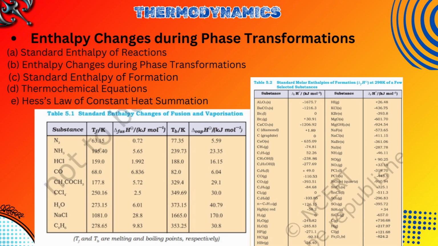For example, dry ice sublimes at 195 Kelvin with standard enthalpy of sublimation equal to 25.2 kJ per mole. The magnitude of enthalpy change depends on the strength of intermolecular forces. For example, water molecules have strong hydrogen bonds requiring more heat to vaporize compared to acetone, which has weaker dipole-dipole interaction. This difference explains why the standard enthalpy of vaporization for water is higher than that of organic liquid like